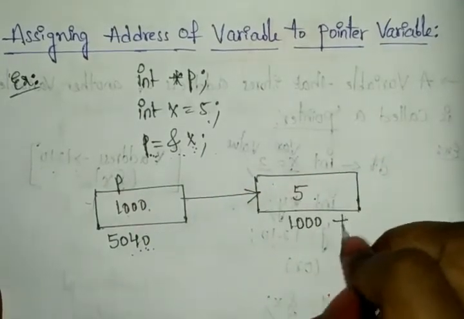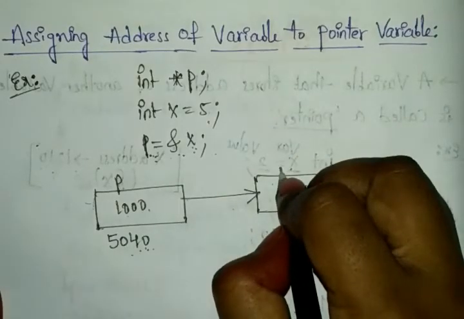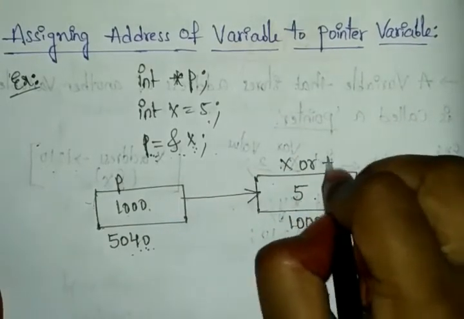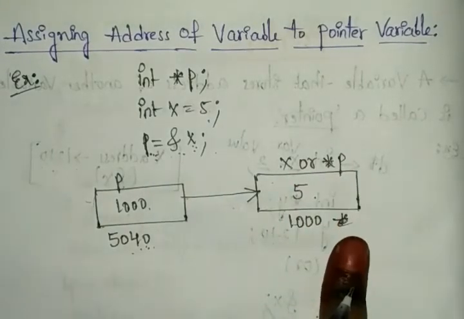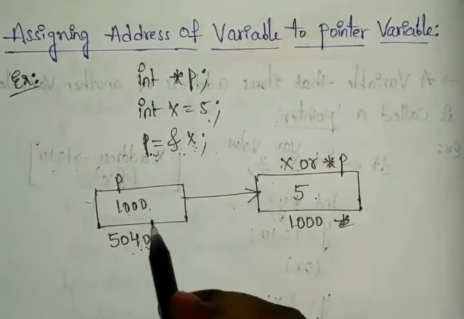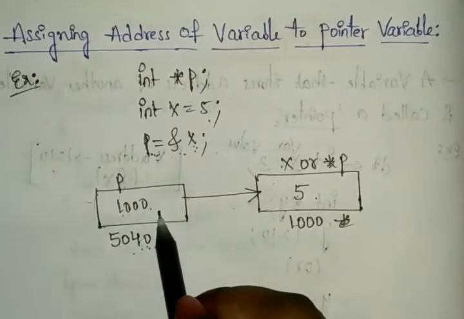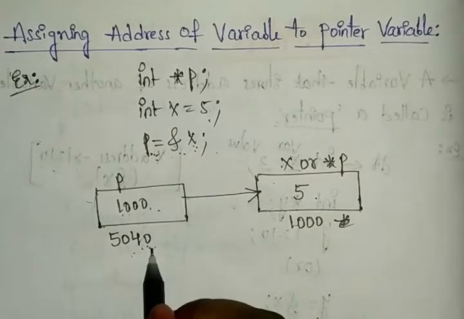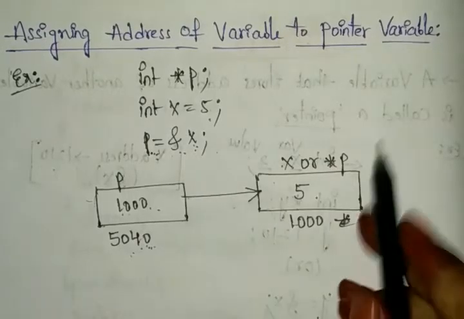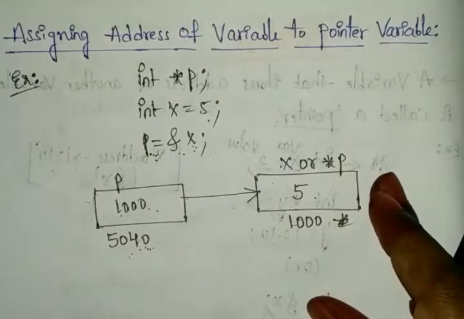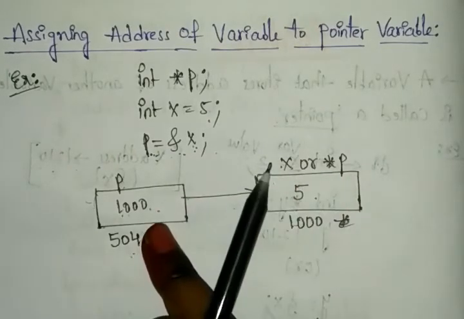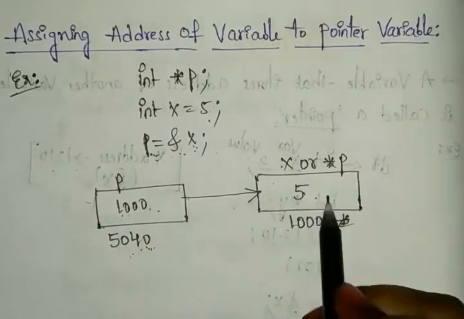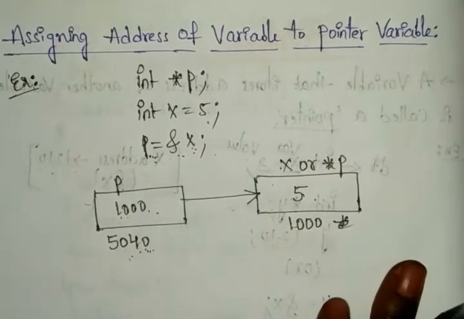And you can say this is our pointer p. We can say this is the x or pointer p value. The p will be having the value of 1000, and 1540 is the address. So here the x or pointer p will be taking the value. Or else here, with the address value of p, and what we have as the x value, that is like 5. Like that also we can define.